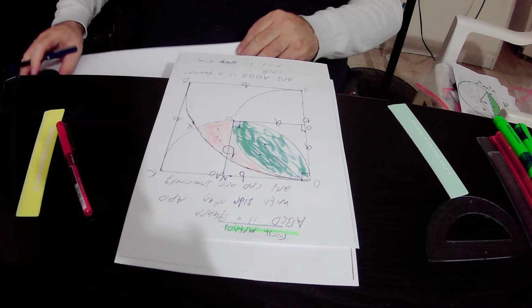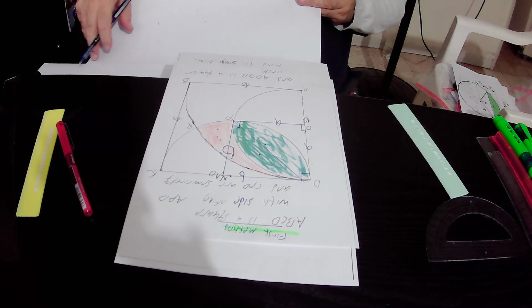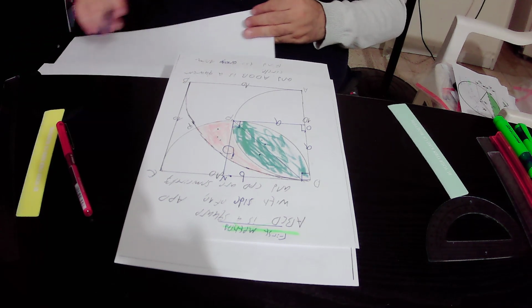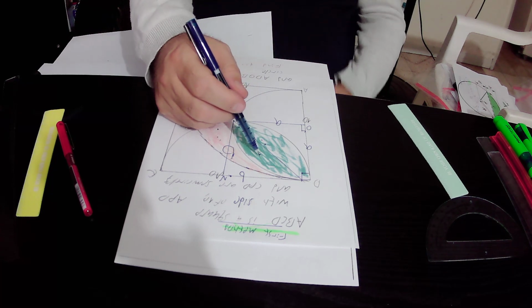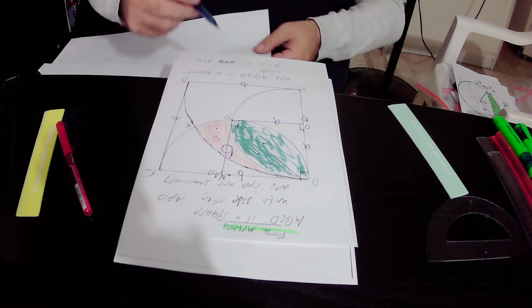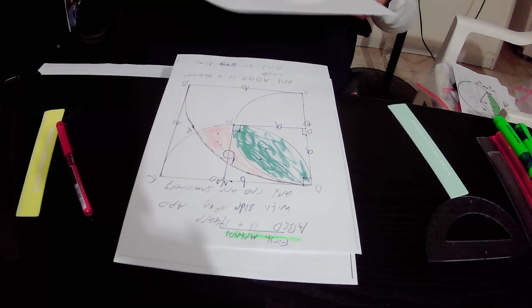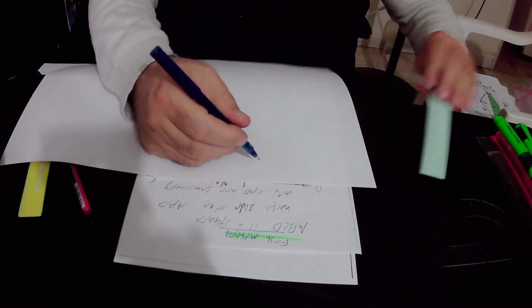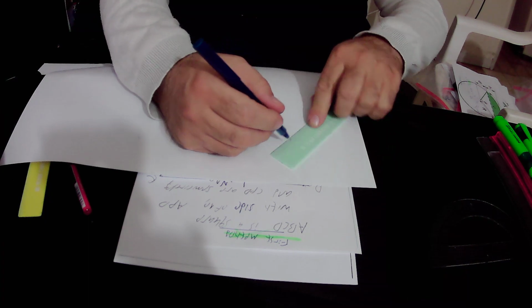So the area of this circular segment here, the area of the upper circular segment